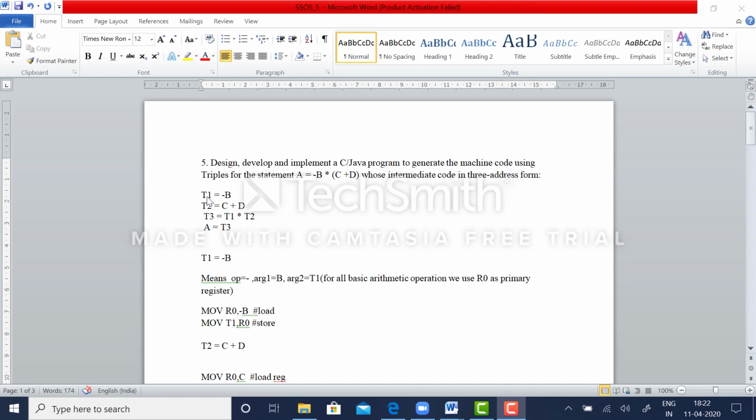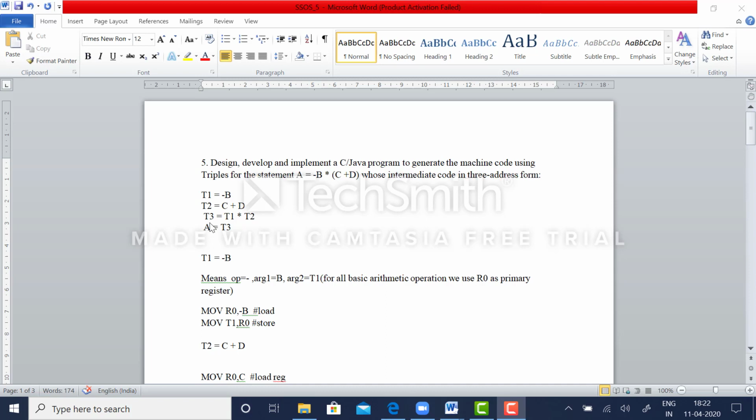Finally, the results in t1 and t2 are multiplied and stored in one more temporary variable t3. So, t3 is a variable which consists of the result of the evaluated expression. So this t3 should finally be moved to a variable a.